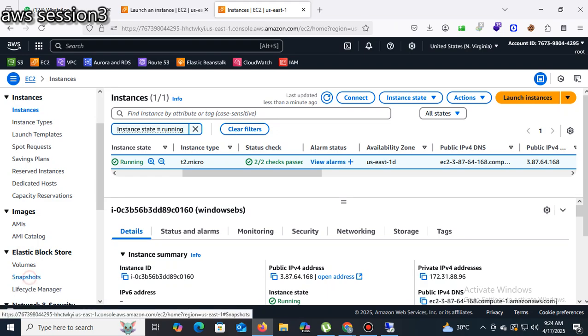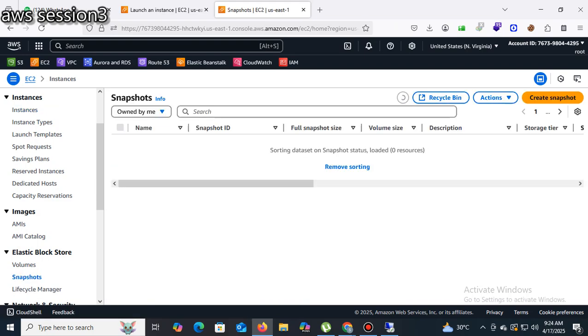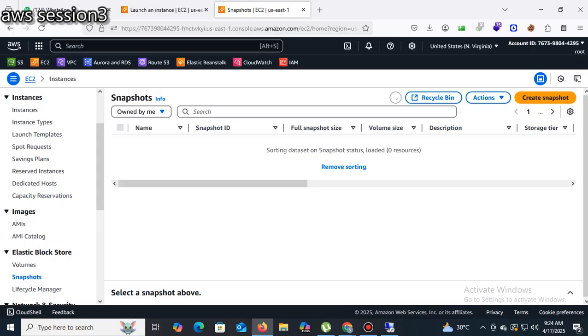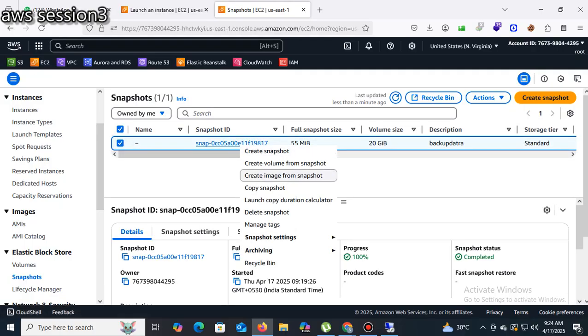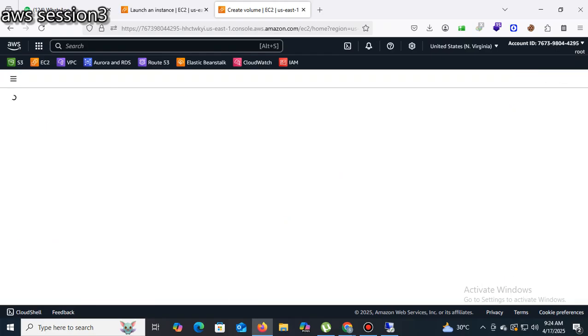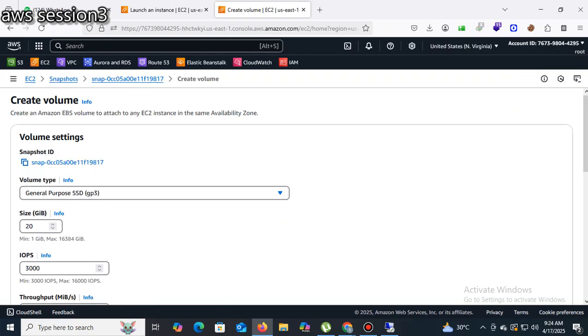So go to the snapshot. Click on the snapshot. Right click here. Create a volume from the snapshot.